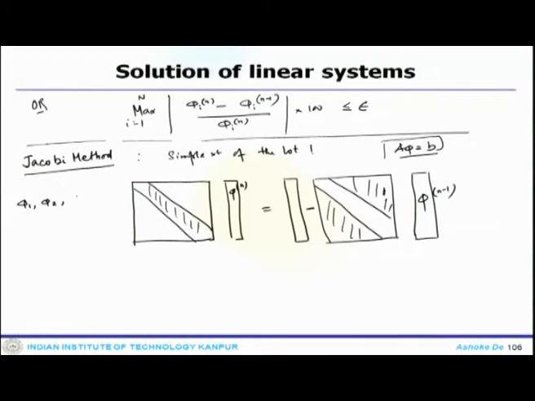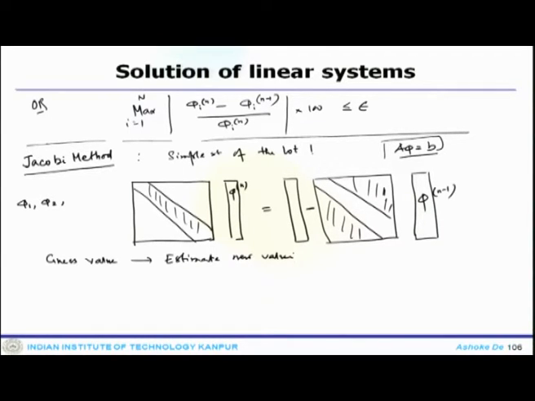So, the solution process actually starts by assigning some guessed value to the unknown value of phi, and these guessed values are used to calculate the estimate. So essentially you start with a guess value, then you estimate the new value, and then you move on to the iterative process to get a converged solution, and this one you keep on doing till the solution is converged.